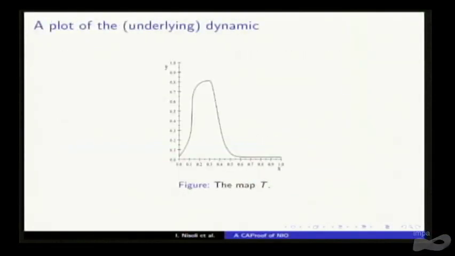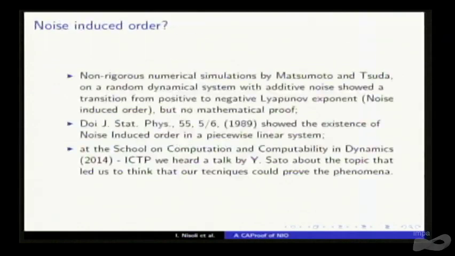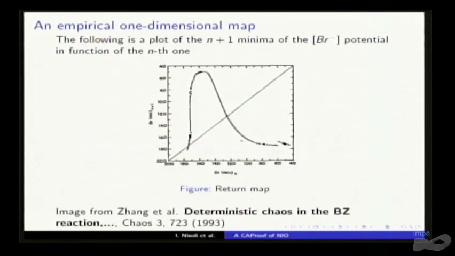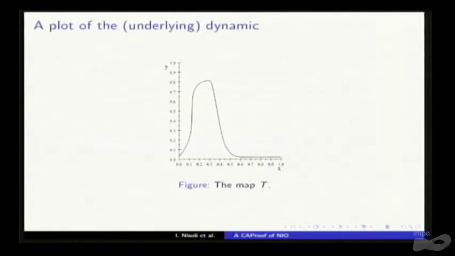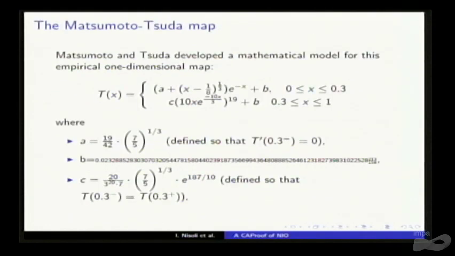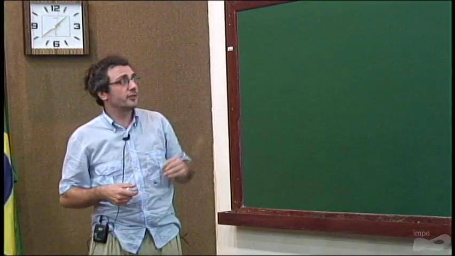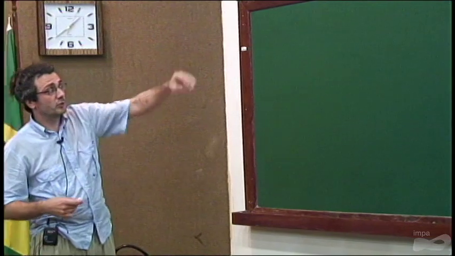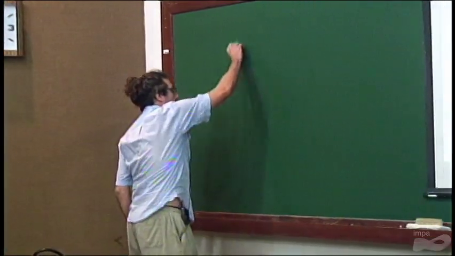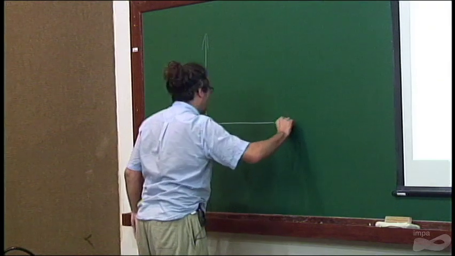As you can see, the Matsumoto-Tsuda map has a profile really similar to the one-dimensional return map. To ensure that, they wanted to have some hypothetical reason for which this map, with a small amount of noise, should have positive Lyapunov exponent. And so their idea was the following, which justifies this B: they took the Matsumoto-Tsuda map,